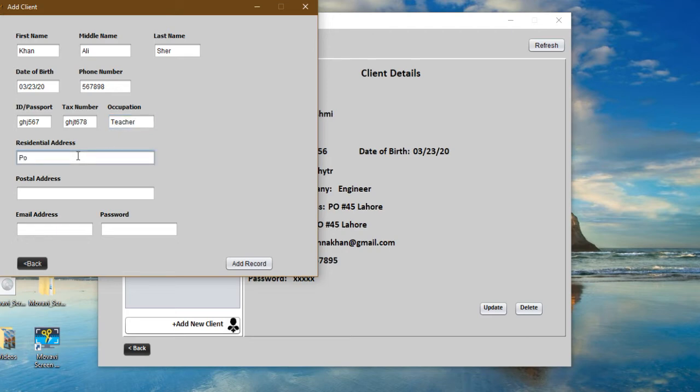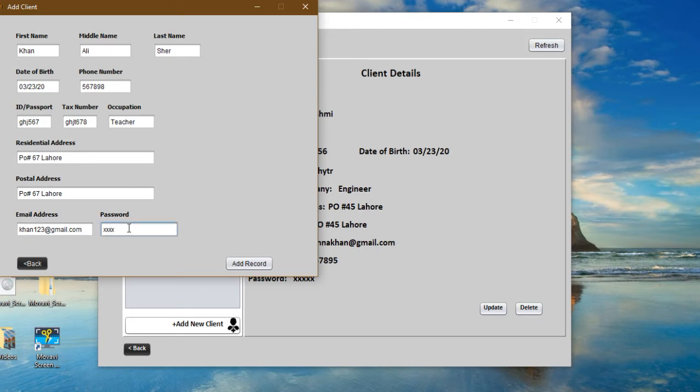Type postal address. I'm going to copy paste over here. Type email address, just like this, and the password.